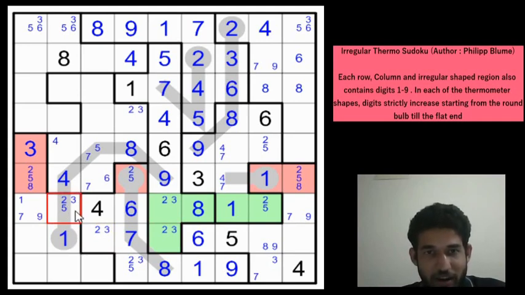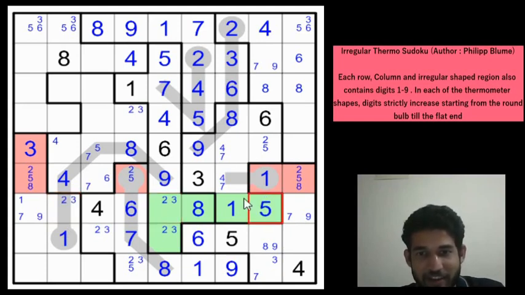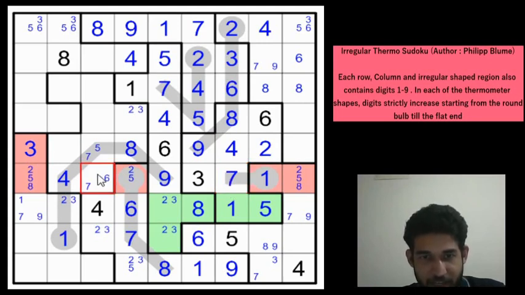So this is a 2 or a 3. Sorry. This is a 2, 3. Again we have a 2, 3 pair now. That gives us a 5 here. And this is a 2 now. Okay. We can remove the 4 from this cell. And since you have 4 here, we can resolve this 4, 7 pair now. So this is a 4 and this is a 7. And that 7 gives us 6 here. Okay. Very good progress, guys.